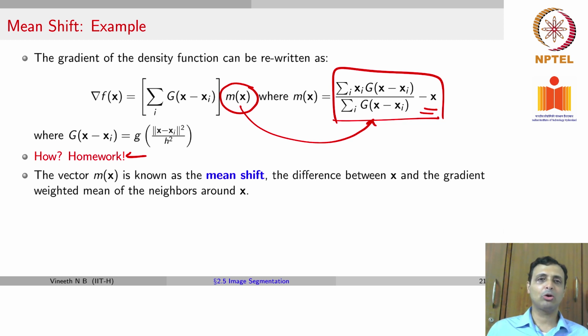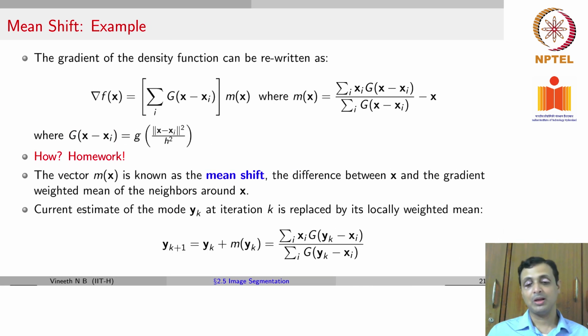In this case, we are only talking about 1D convolution for simplicity. So the vector m of x is the mean shift, the difference between x and the gradient weighted mean of the neighbors around x. And once you get your mean shift, which is also your gradient in this particular case, subject to a scalar multiple,